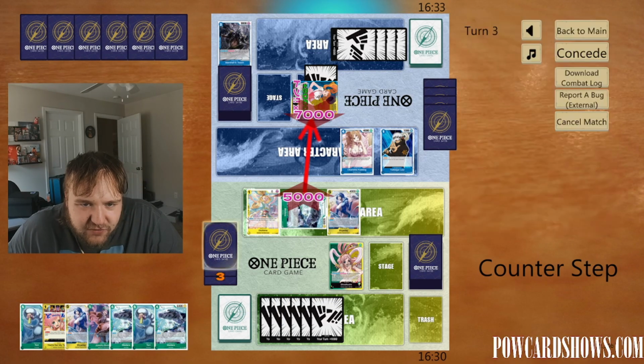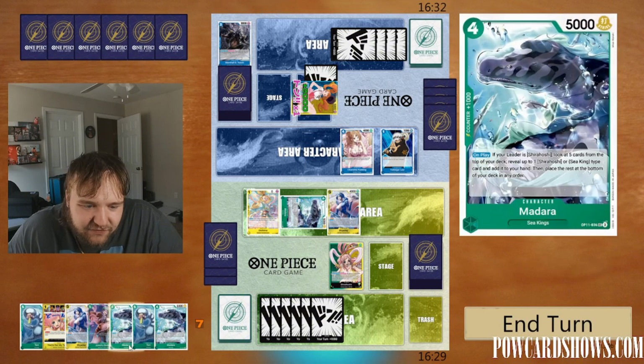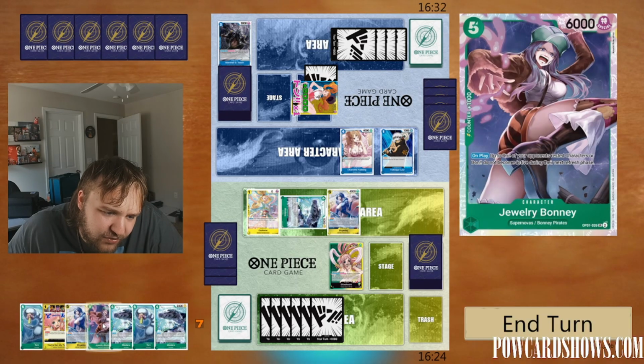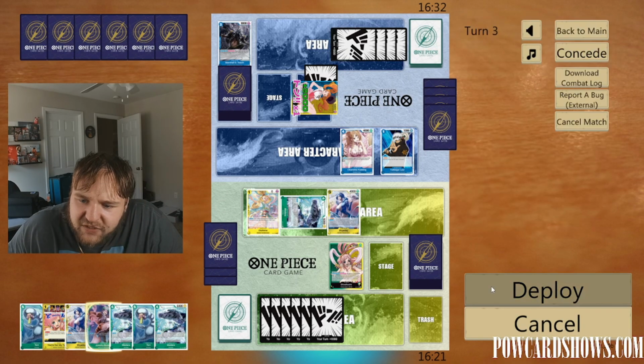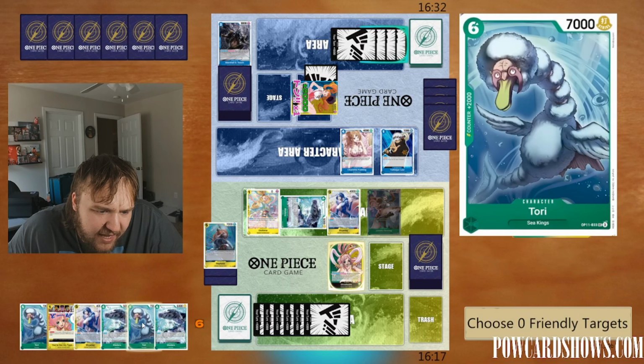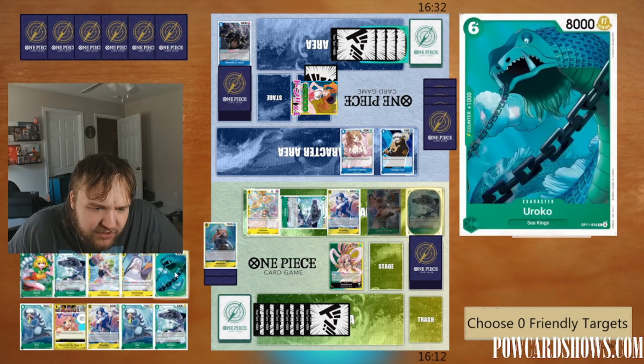We could have swung in for 6, I guess, but they're going to leader effect either way, so it don't matter. We're going to tap 5. We're going to freeze down a Dawn here. We're going to use the leader effect and play down a... I think we're going to go with a Madara here. Look at the top 5 and grab a...